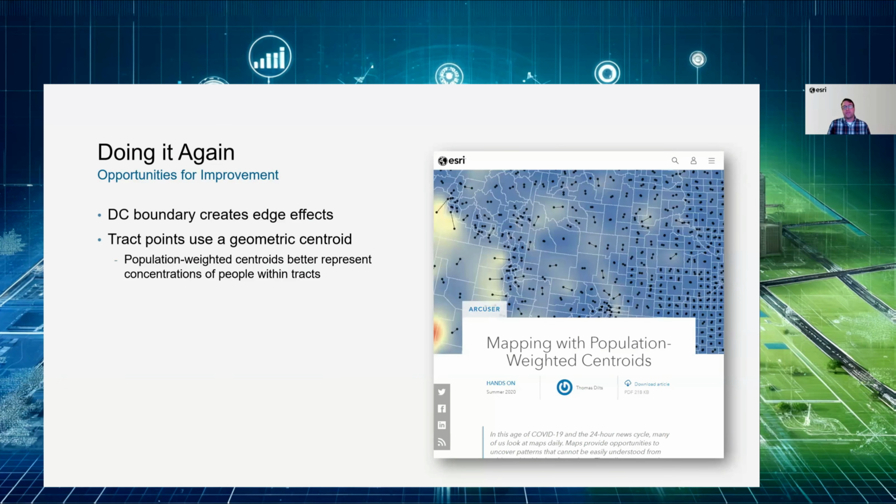Next, track centroids. We use the geometric interior centroid of the tract. And if I were to do it again, I would use a population weighted centroid, which better represents concentrations of people, where that centroid might fall in the middle of a park and not in a densely populated community. And so going a step further, it would be interesting to do the same analysis at the house level,